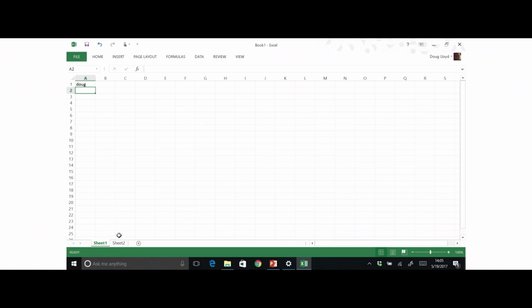Now, down at the bottom left is a feature that you may not have used too much if you don't use Excel very frequently, but there's these notions of sheets. Sheets are sort of akin to different tables. Notice that when I switch to Sheet 2, the data that was in Sheet 1, my name, is no longer there. So each sheet has its own unique set of rows and columns. But all of these sheets are still bound up in one single file called Book 1. So the analogy here is that Book 1 is our database, which contains a different number of tables, which in Excel parlance is just a sheet. And each sheet has columns that we can put data in and rows that we can put data in as well.